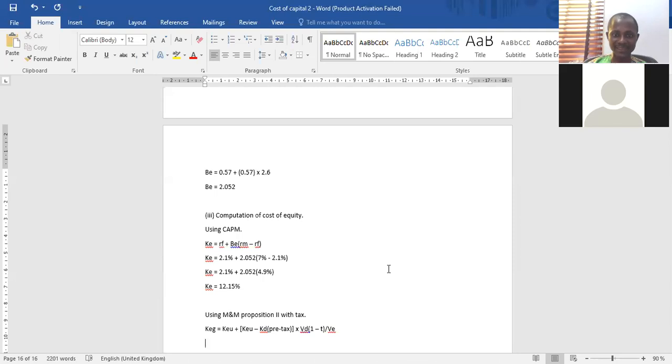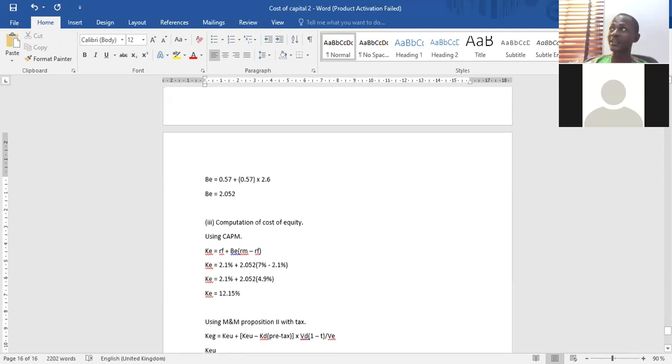So let us define this. Cost of equity geared is equal to, okay, let me compute cost of equity on geared. How do I compute cost of equity on geared? When I use CAPM here, what beta did I put here? Beta of equity, right? Beta of equity is for a geared company. So if I want to compute cost of equity of an ungeared company, I will use beta of assets.